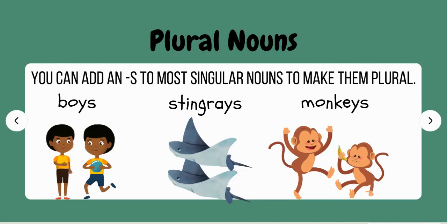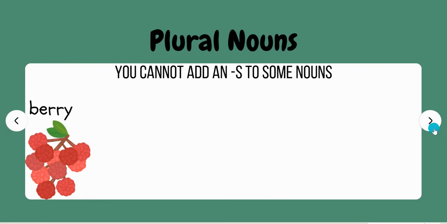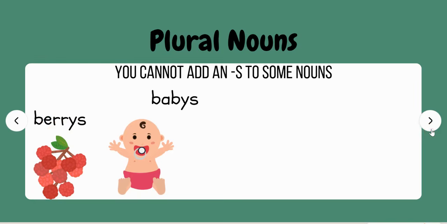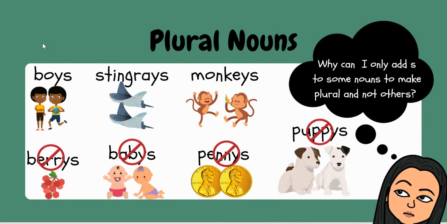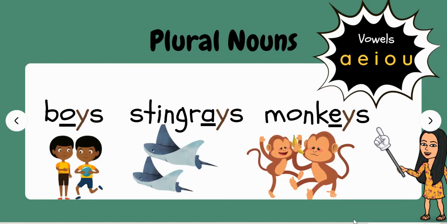You can add an S to most singular nouns to make them plural. However, you cannot add an S to some nouns that end with Y. For example, berry, baby, penny, and puppy. Now you must be wondering, why can you only add an S to some nouns to make them plural and not for others? Now here's an explanation as to why you can add an S to some plural nouns that